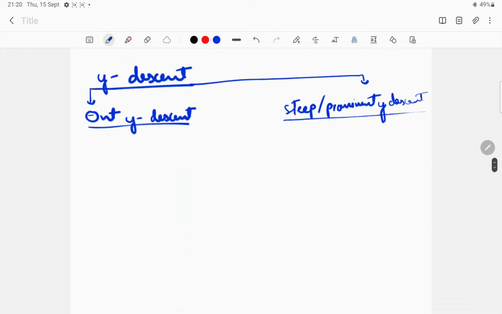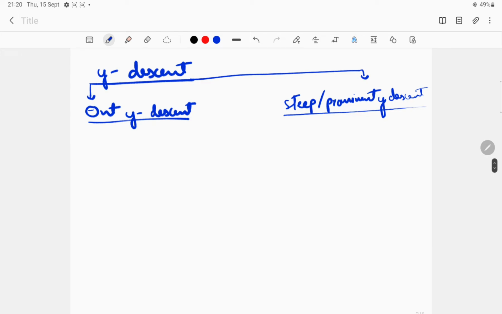So now moving on to the Y descent. Y descent was due to when atria was emptying itself into the ventricles. So it will be absent in cases of tricuspid stenosis, because it is obvious that in tricuspid stenosis these walls will be stiff and stenosed, so atria will not be able to empty properly into the ventricles. Other cause is cardiac tamponade,